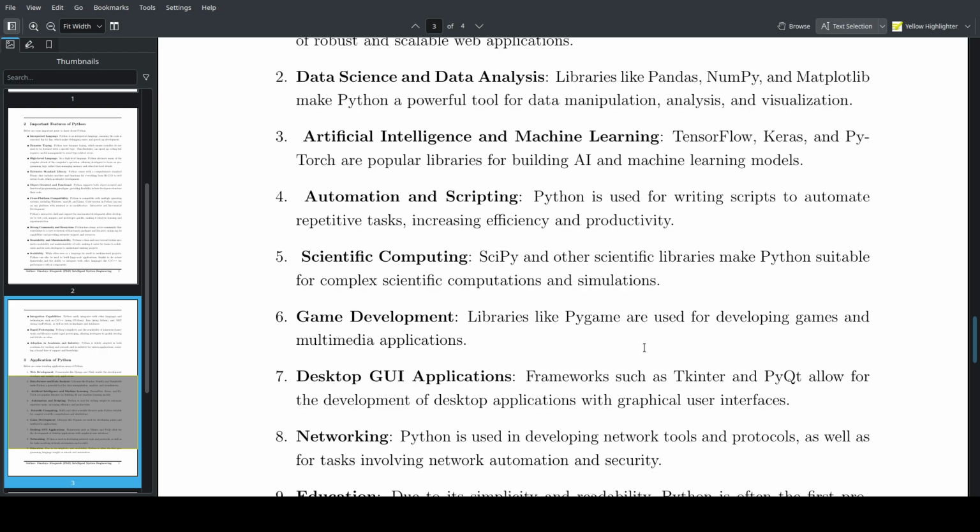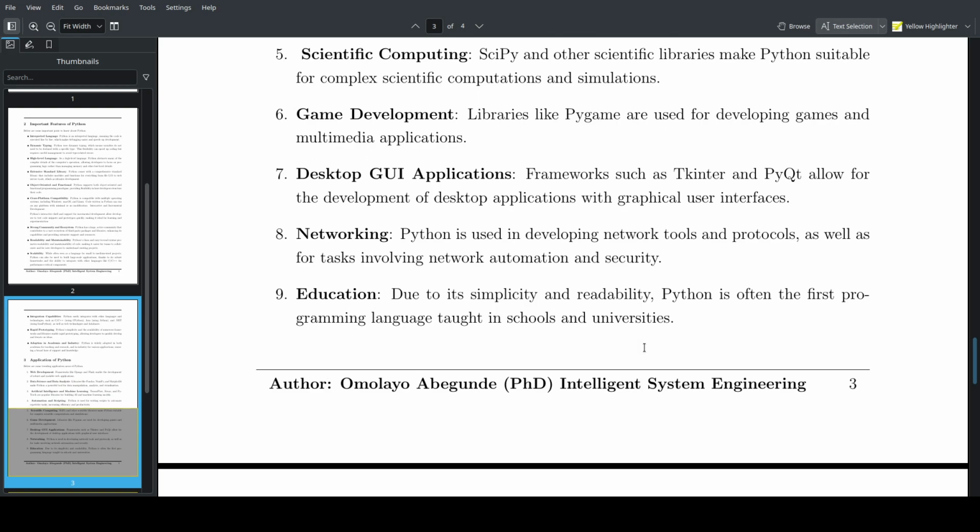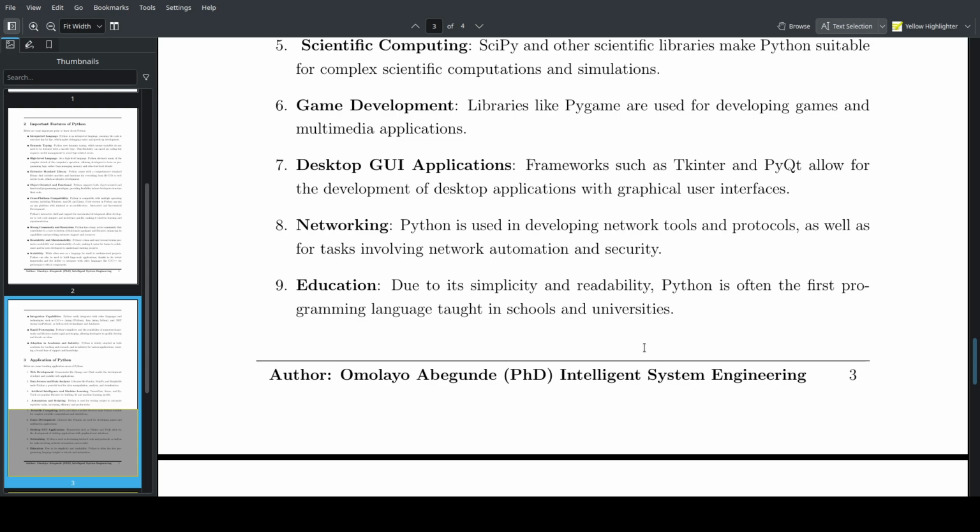You can also install the Pygame library on your Python. Use pip, the Python package installer, to install it and carry out the project. It's also good for desktop GUIs. If you want to build a desktop application, Tkinter comes by default, or you can also use Qt. A lot of GUI libraries come with this that you can use in Python. It's also good in networking applications for security purposes, talking about packets and everything else, you can build them with the Python programming language.